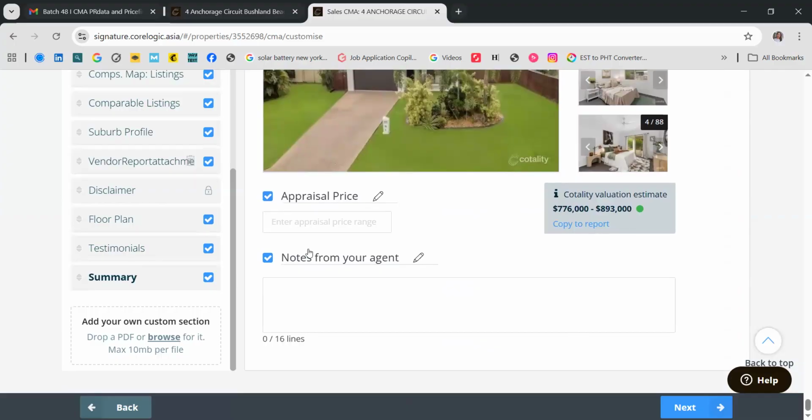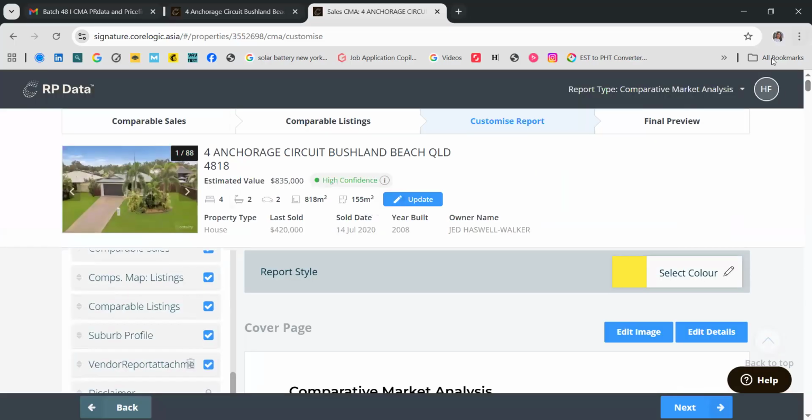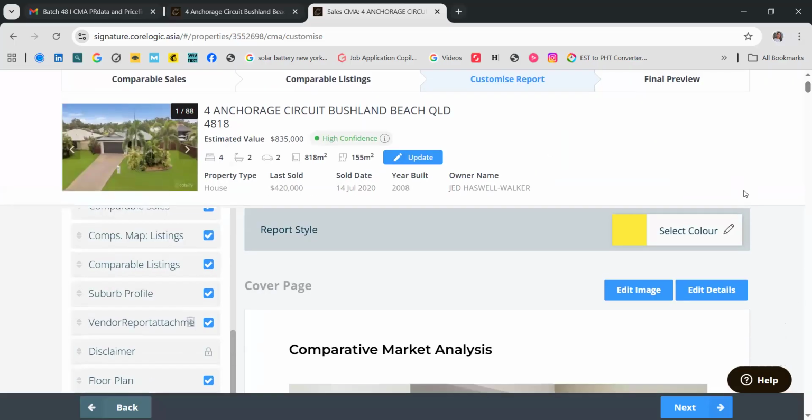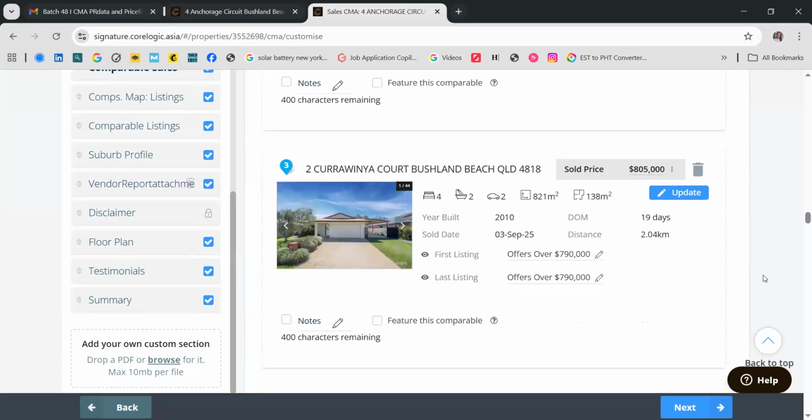Or copy report first. So this is the estimated price from comparable sales and comparable listings. Okay, copy report.